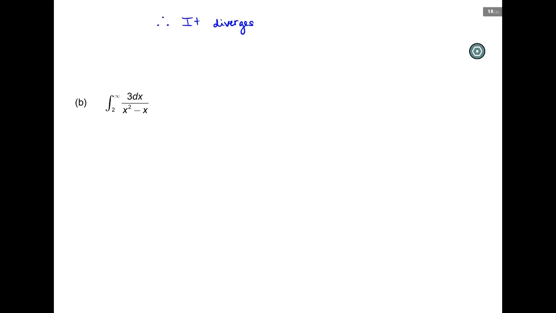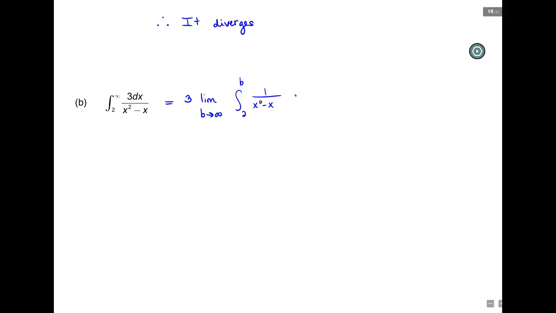Next we have b. So I'm going to rewrite this, the limit, as b goes to infinity. And now I also see that I have a 3 here. So actually, before I even do that, I'm going to bring the 3 out in front. So I have 3, limit, b goes to infinity, the integral from 2 to b of 1 over x squared